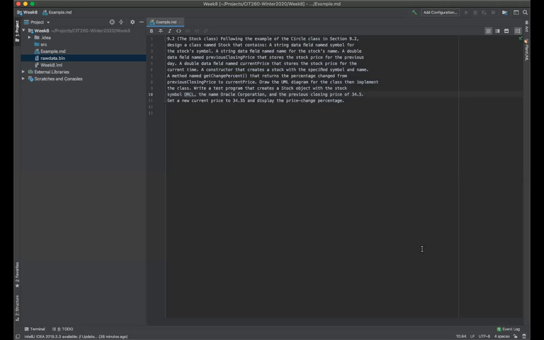Okay, so now we have IntelliJ up, and we've got an example. And we'll refer back to our example of interpreting memory as we develop this assignment. But I wanted to walk through this, which is actually from chapter 9 of the book. It's assignment 9.2 in the back of that chapter. It's the stock class. I'll read through the assignment,